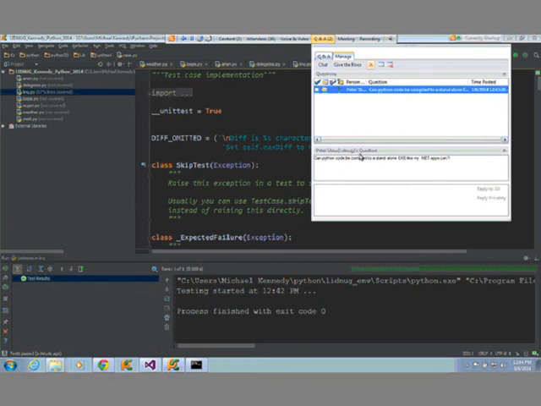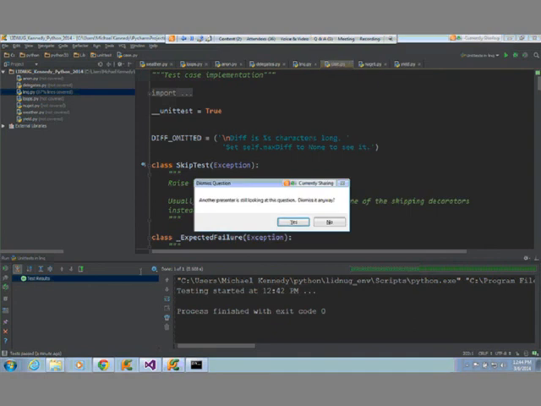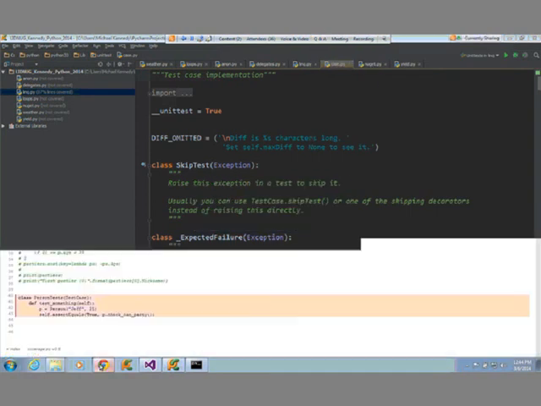Okay. Can Python code be compiled as a standalone exe like .NET? Absolutely. So if you were going to compile your stuff, you would probably use this thing called cx_Freeze.